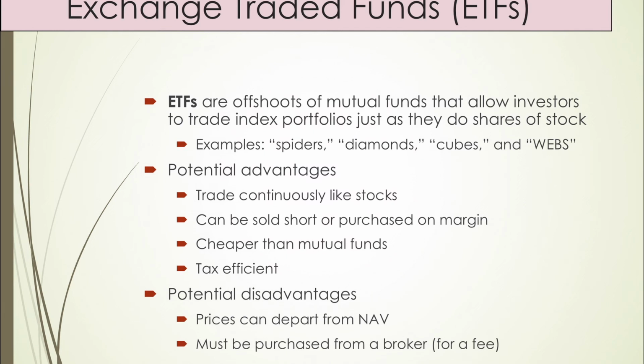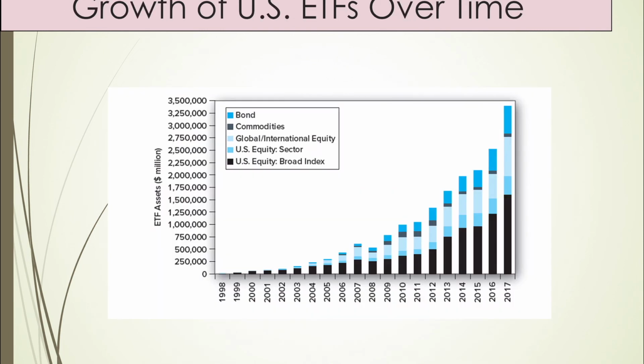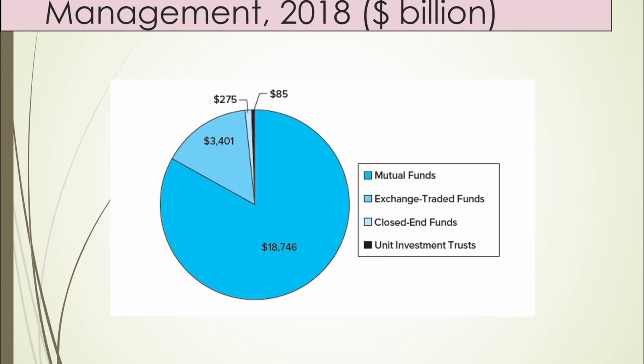So this is as opposed to mutual funds that have the no-load funds, for example. With ETFs, they must be purchased through a broker. So let's just take a look at the growth of U.S. ETFs over time. You can see that the growth has grown substantially since their initial introduction. And as you can see, the largest area is U.S. Equity Broad Index. And then just a breakdown of the investment company's assets under management and what their different categories